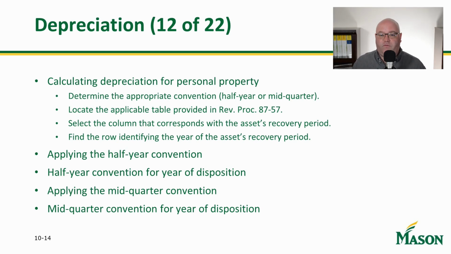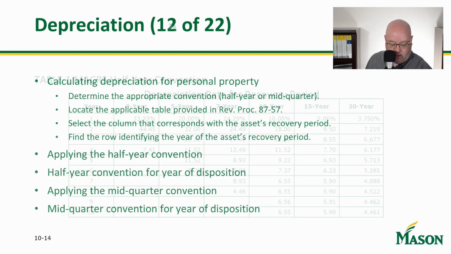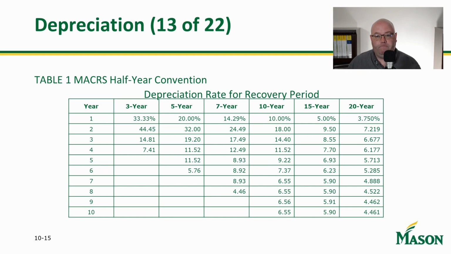You apply the half-year convention, half year in the disposal. If you apply mid-quarter going in, it has to be mid-quarter going out. And so that can be kind of the trick. Again, if you use the software and the software follows this, a lot of that's going to be done automatically. You don't have to really do too much thinking about it.